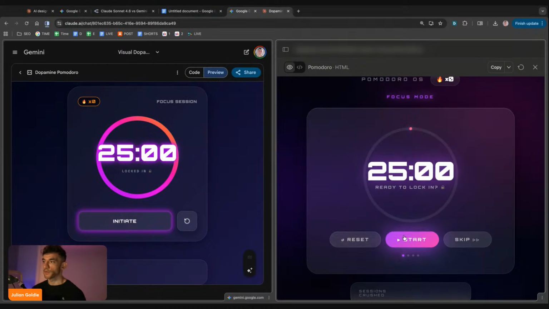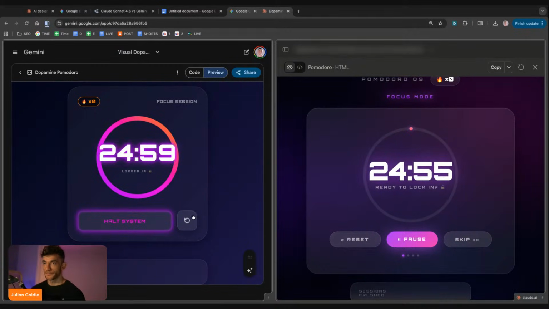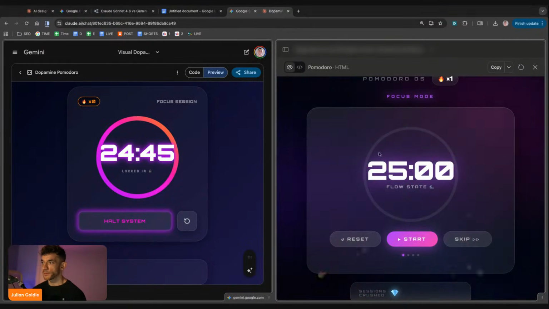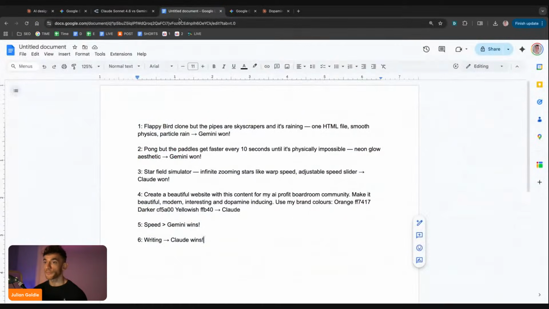We've got multiple different options. Even just the way that's animated, you see, this is quite basic in the way that it counts down, whereas this one is super animated. You can pause, you can skip. It's got a nice little background as well. And then if we pause this and click on skip, it gives us the confetti animation. This one doesn't. So I'm going to say Claude won on that one as well,